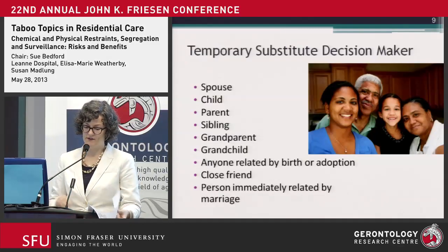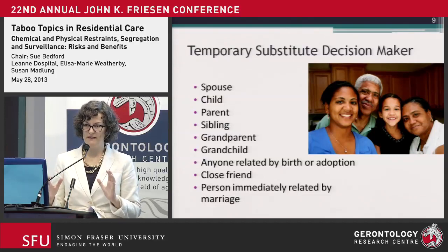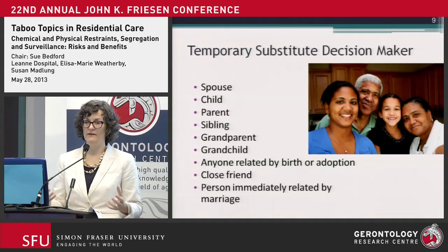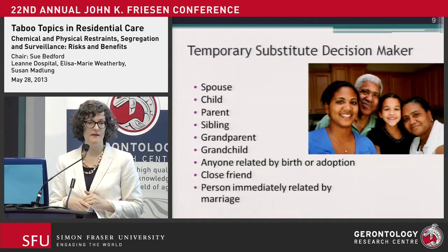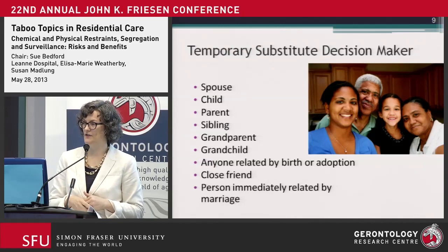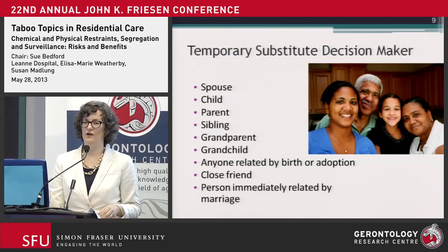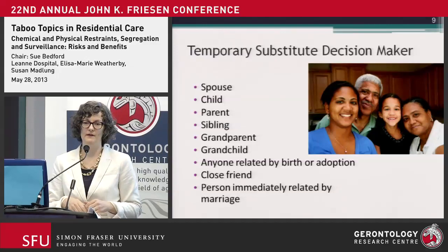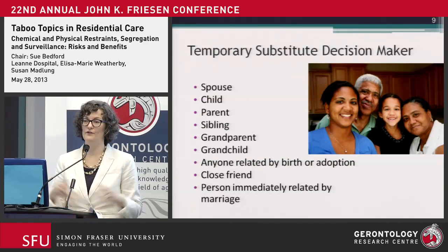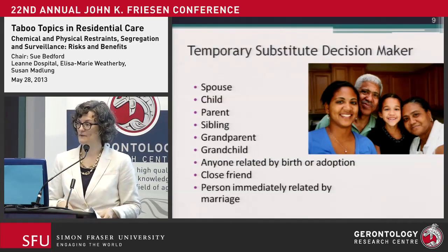So just as a reminder, if there is no committee or representative that has been chosen by the adult, then the healthcare provider looks to this list of people in the Healthcare Consent Act, and it's for a temporary substitute decision maker. So it's specific to the healthcare treatment being proposed at a given time. And you may recall, about a year and a half ago in September of 2011, this list was expanded. It was much briefer before, but it now includes a close friend, which of course opens the door to many, many people to be able to help out.